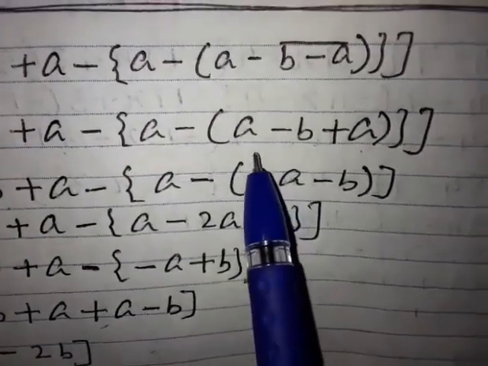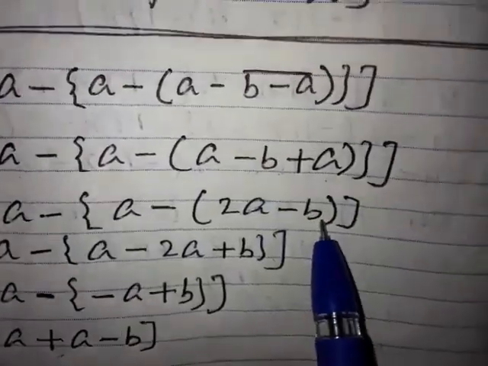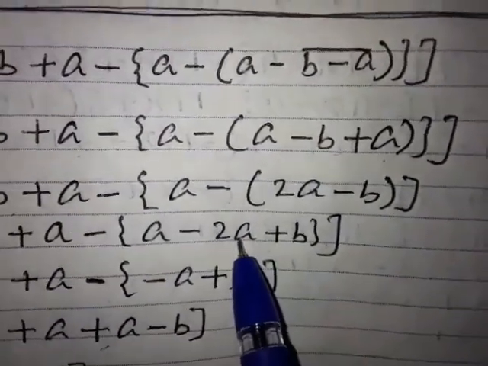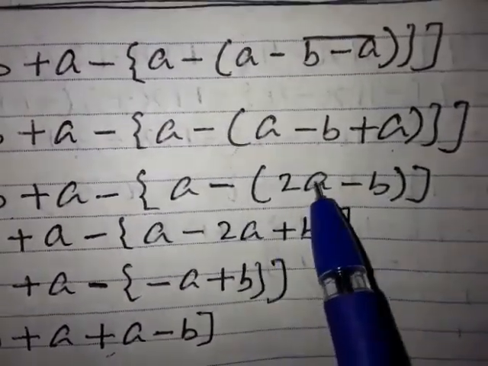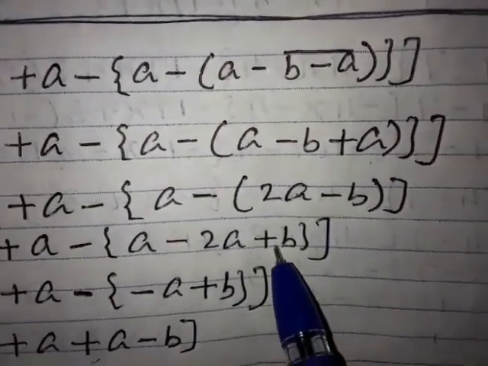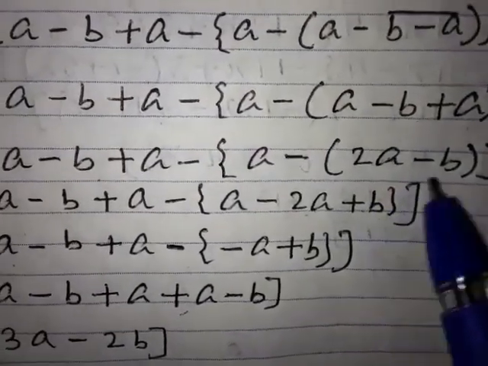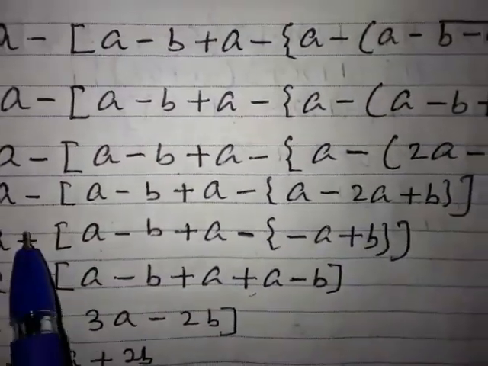Before changing, what I did here, I did the simplification, a plus a, 2a and minus b, and here I am going to remove the bracket. When I remove the bracket, before the minus sign is there, so their sign changes, plus becomes minus, minus becomes plus. So after doing the calculation of the first bracket, you remove the first bracket, you already know. Now I am coming to the next step.